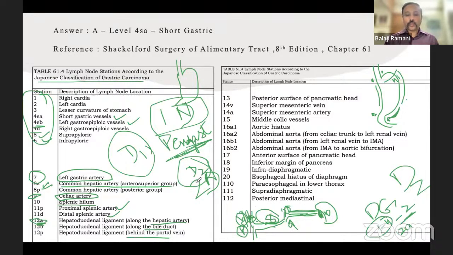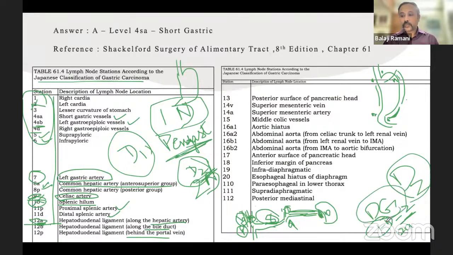Whenever you are going to do a D2 lymph node dissection, it is all the nodes from 1 to 12A. All these nodes are removed. The ones that are not removed are 10. 10 is not removed in D2 dissection for a distal gastric cancer. In the same way, level 2 is also not removed. So level 2 and level 10 are not removed. All the other nodes from 1 to 12A are going to be removed in a D2 dissection for a distal